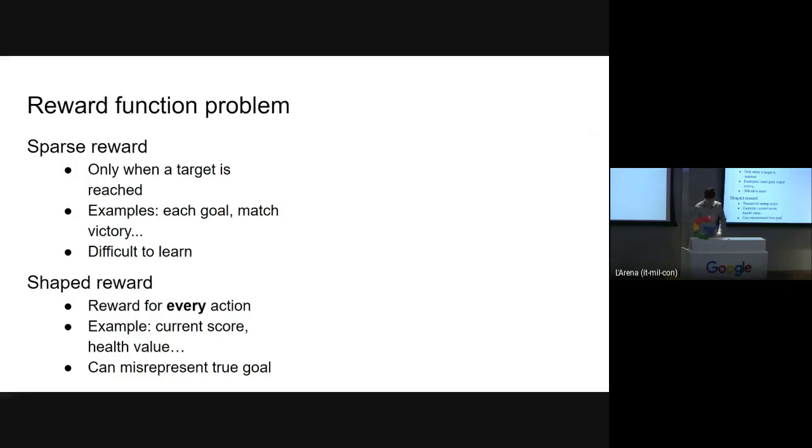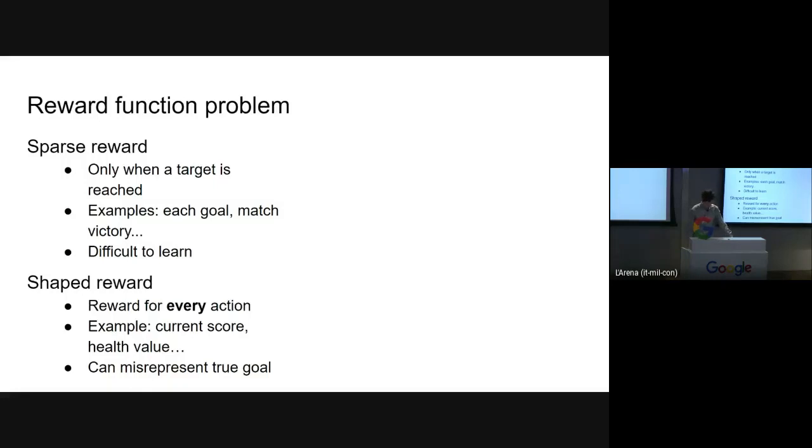So the reward is typically of two types. The reward is sparse if the agent receives it only when it reaches some target. A game like Haxball has a seemingly clear sparse reward. It's the number of goals. However, sparse rewards make the training hard or even impossible. Remember that at the beginning it moves randomly, then it receives no hint from the environment until it reaches this target. So we can suppose it should reach the target, but it does not always happen.